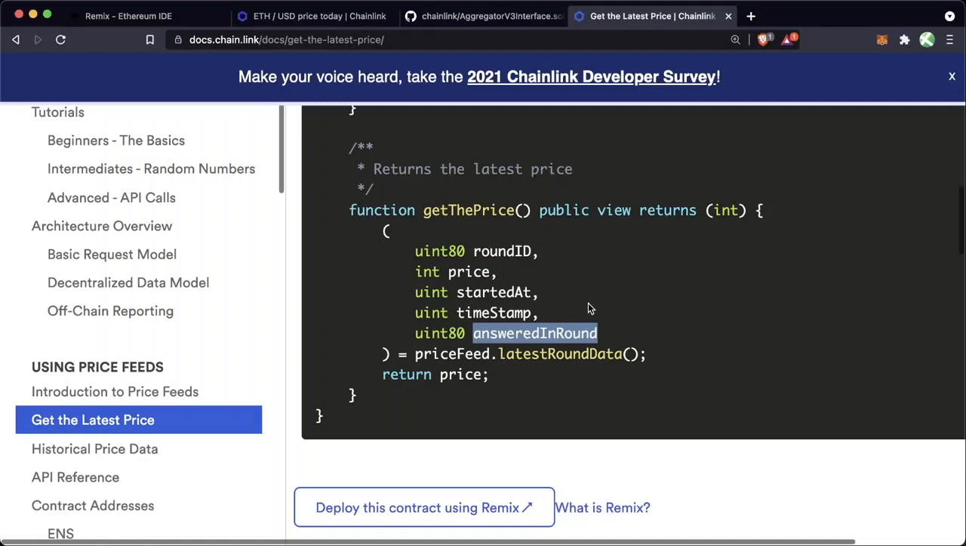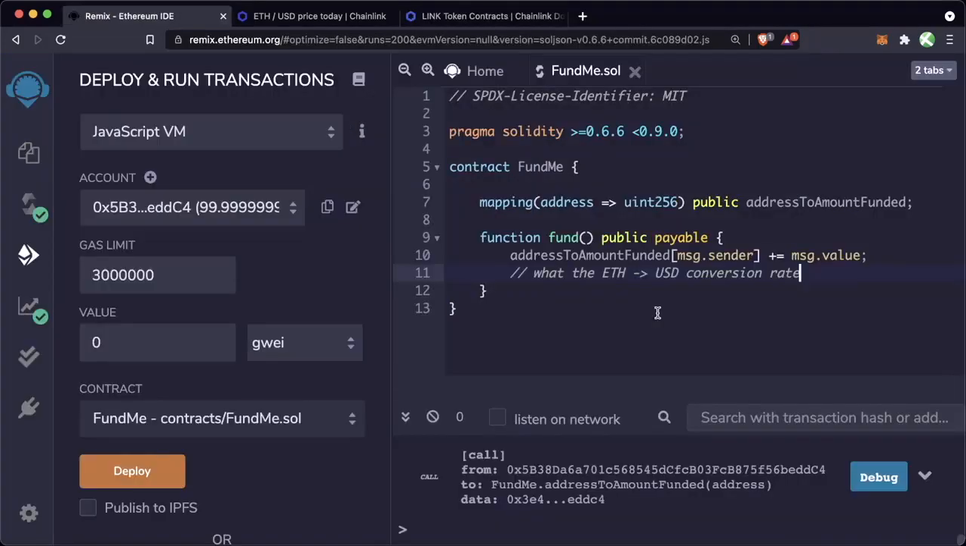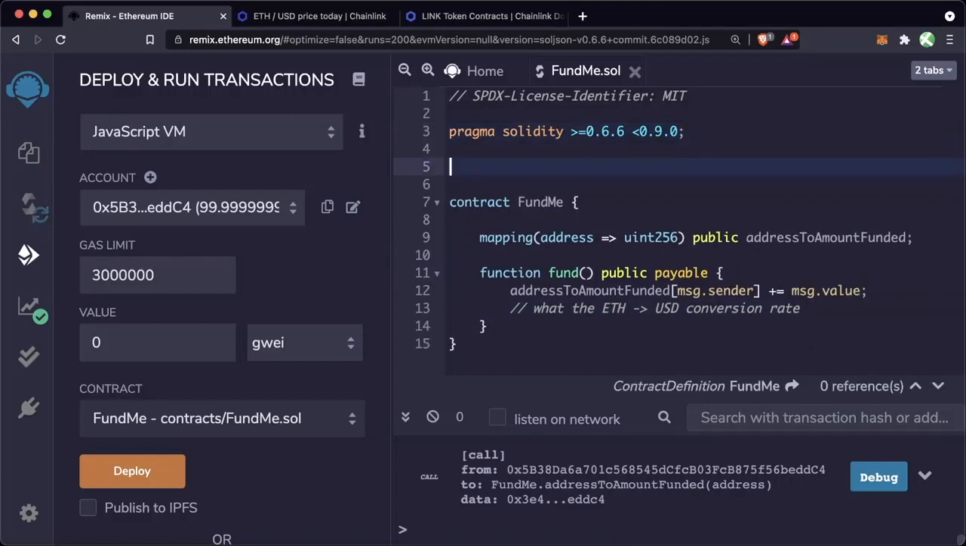If you want to dive a little bit deeper into what these rounds mean and what answered in round means, you can definitely check out the Chainlink documentation and some of the FAQs to learn more. Now, how do we implement this data feed into our FundMe application? Well, the first thing we're actually going to need to do is we're going to need to import the Chainlink code. So we're going to do import @